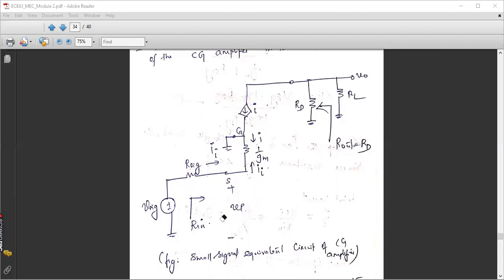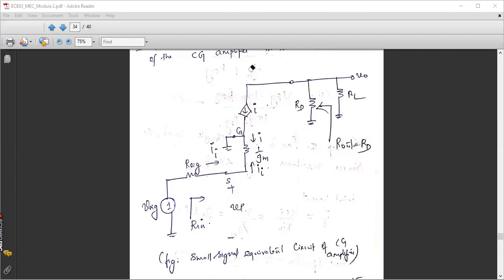Now, while drawing the T equivalent model, after this class go take your old notes, the day before yesterday's class notes, and check how you have drawn the T equivalent model from the small signal equivalent model. In that we manually inserted one dependent current source, isn't it? One current source here, and the other current source I removed and replaced with the resistance 1 by Gm. The same technique I have incorporated here also.